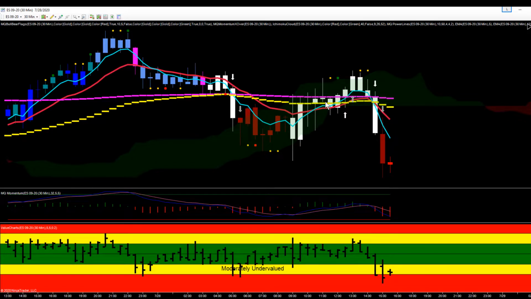And as is often the case, you can see the 50 EMA, which is the yellow line, and the 200 EMA, which is the magenta line, was acting as significant support and resistance. I mean, every trip above the 200 ended up coming back under. And then finally, it did get a close above the 200. It pushed higher